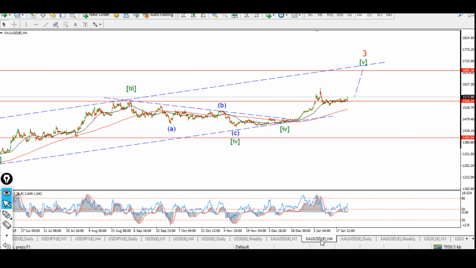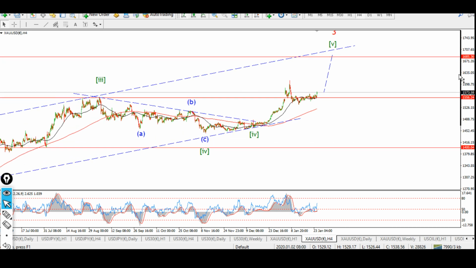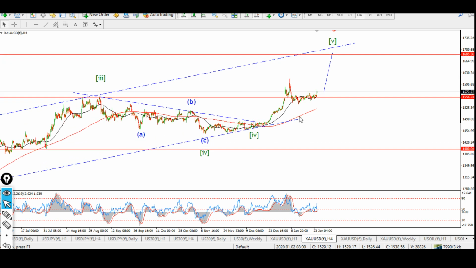Let's get on to crude oil, or sorry, gold. After the rally over the previous month, we have an extended correction of that rally. There are a few possibilities emerging as to what's going on here. One possibility that I do like, which I'm going to have to include for tonight, is the idea that this could be a